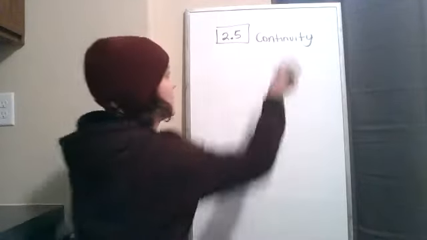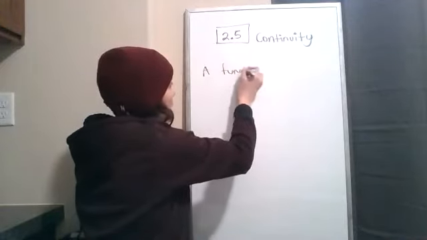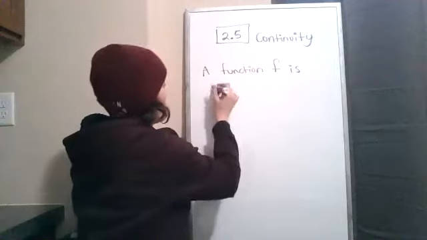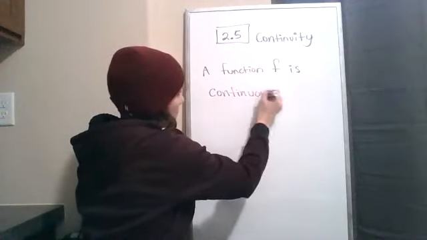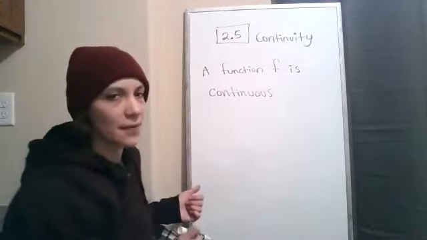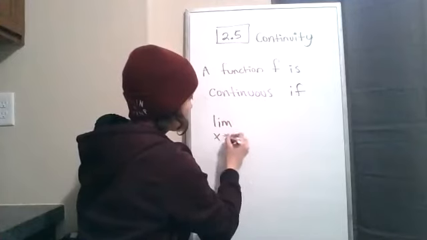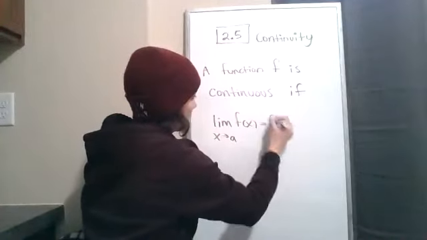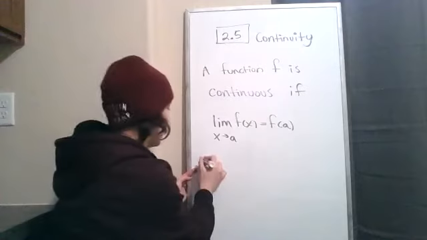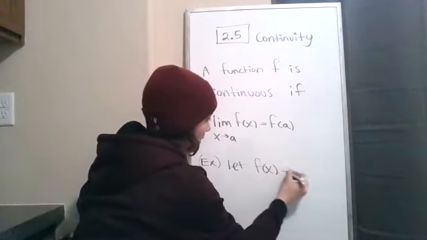So let's go. A function f is continuous if the limit as x goes to a of f of x equals f of a. Okay, so an example. Let f of x equal